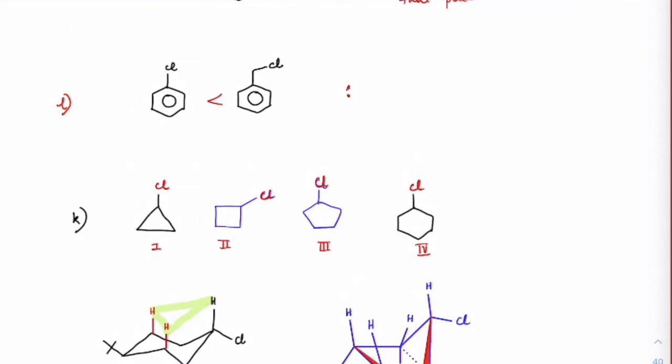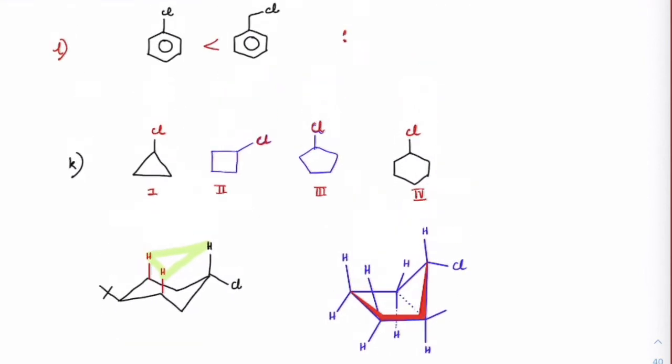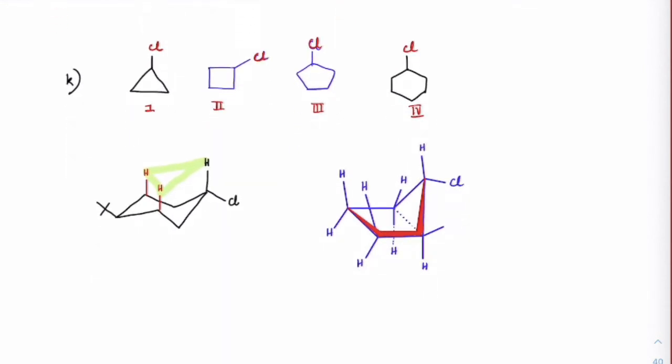Okay, these two are very special cases. Just check this carefully. Right, so last one. We have only the last one. Check this. This case 1, 2, 3, 4, right? So what is happening? In case of the first one, cyclopropyl, we already discussed this. Cyclopropyl chloride does not go for SN2 because in the transition state it would have very high strain on this carbon, because it is already under a high angle strain, so it would be difficult for it.